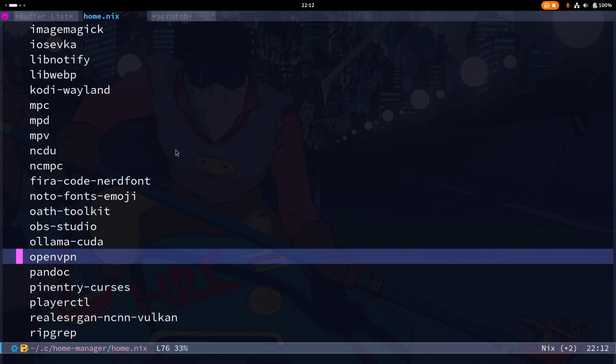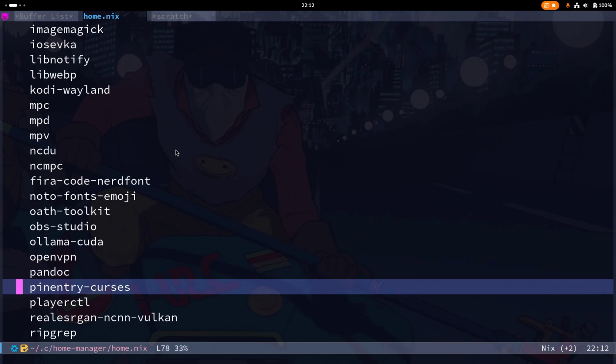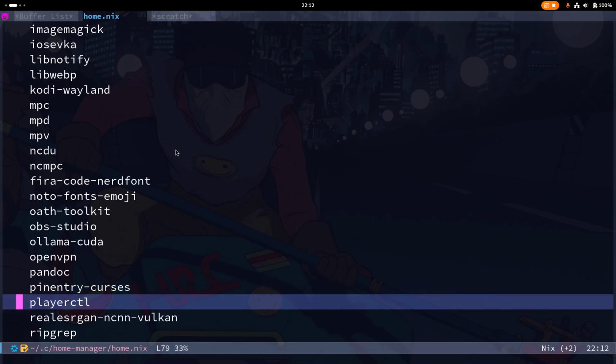Got OpenVPN for your VPN. Pandoc to convert documents. Pinentry curses is for when you use things like GPG, so that you get a pop-up dialog where you can enter your password. Playerctl is to use with applications that have got MPRIS support. So playerctl can be used to pause, play, stop stuff like playing in Firefox or Chromium, and also with MPV, which I'll show you how to enable MPV with MPRIS support. Okay,